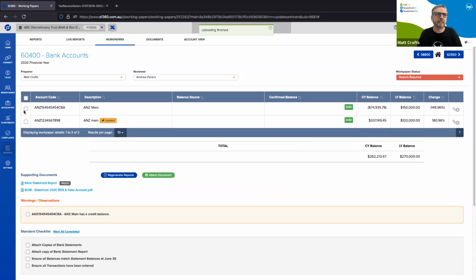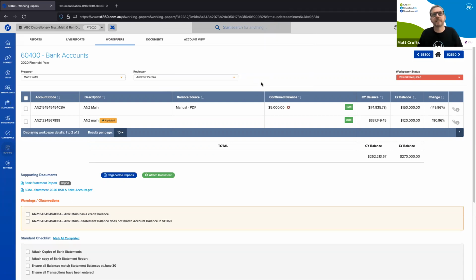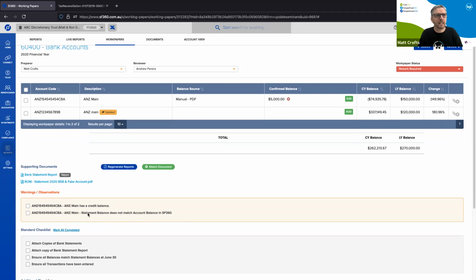I can attach it to the individual, I can add it here, and I can add a confirmation as well that the bank balance was confirmed. You can just say PDF, and that's the one we're automating, where we're actually reading the PDFs. And here you'll actually see, because they uploaded that Bank of Melbourne one, it's actually identifying the 30th of June does not match.